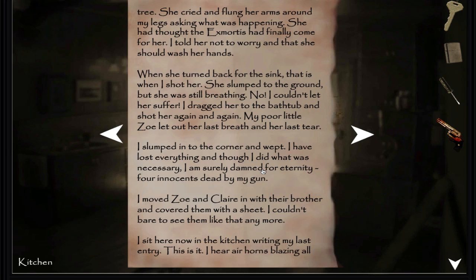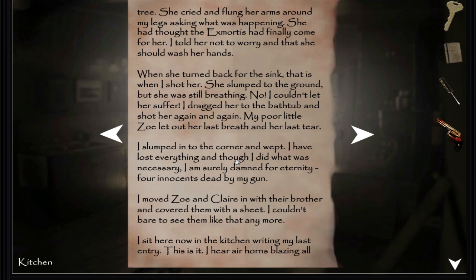I told her not to worry and that she should wash her hands. When she turned back for the sink, that is when I shot her. She slumped to the ground, but she was still breathing. No! I couldn't let her suffer. I dragged her to the bathtub and shot her again and again,